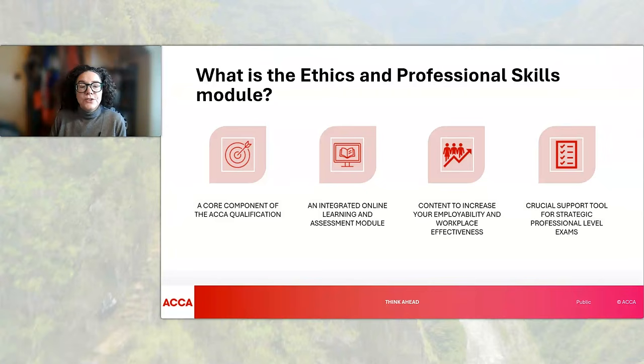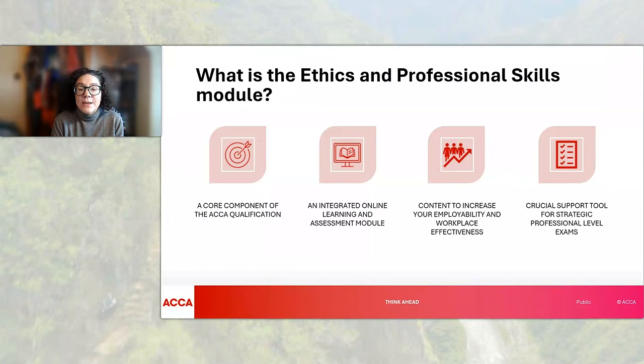One additional unit to mention is a unit that is dedicated to how the EPSM content links to and prepares you for the type of tasks that you could face in strategic professional exams. But it doesn't just do that, it also looks at what professional skills are and how they're used in the workplace.